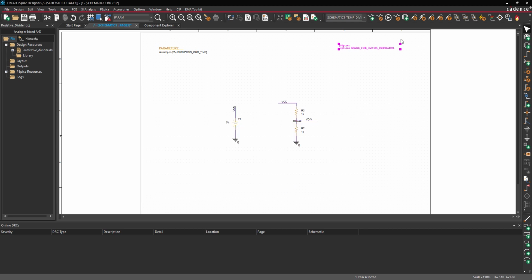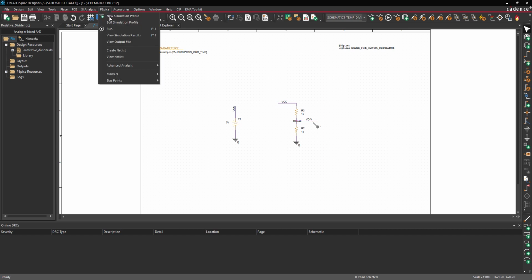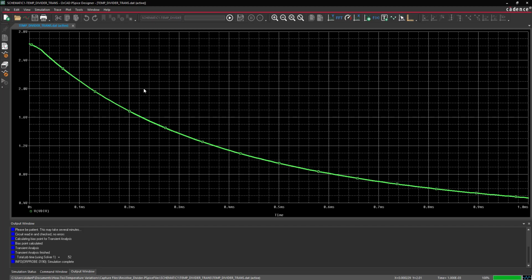Select the Voltage Level Marker button from the toolbar. Click to place a probe on a VDiv net. Right-click and select End Mode. To run the simulation, select PSpice Run from the menu. View the simulation results. As the upper resistor of the divider heats up, its value increases and the output voltage